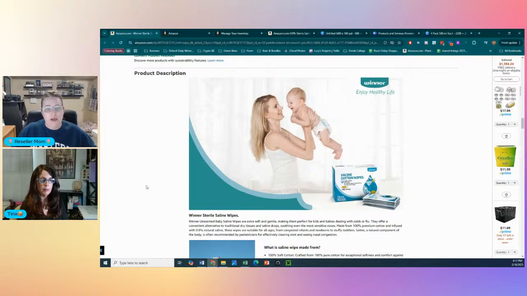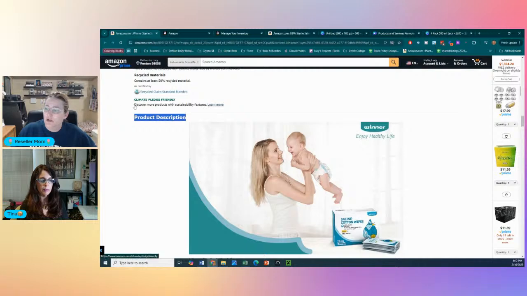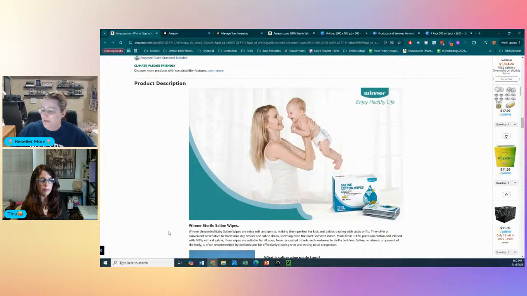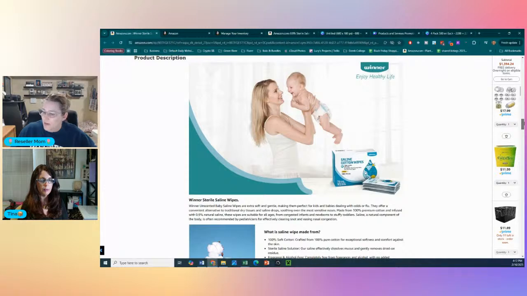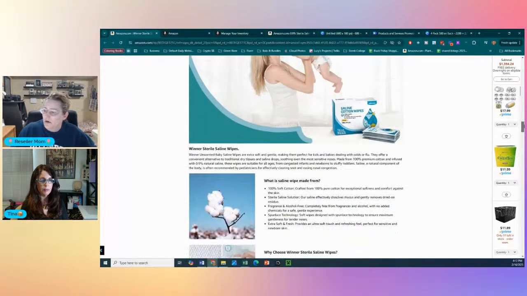This is where we get into A+ content. This product description, if you don't have A+ content, just has text that looks like this, Discover more product. It's about that size, and it will be just a paragraph underneath product description. When you have A+ content, you will have different modules that you can stick in and then put a picture or text writing. So it looks like they've got a giant picture of mom and her baby,